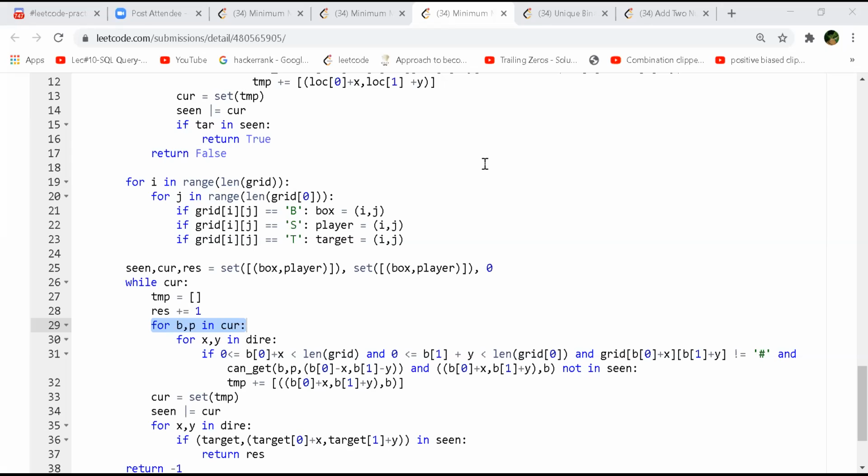So you may not check whether the player is reachable to that position or not, but bidirectional BFS can be possible. Like saying the target is here, and from which all directions I can reach the target. You will consider all 4 directions, and in the same direction, you will check whether the previous cell is empty or not.